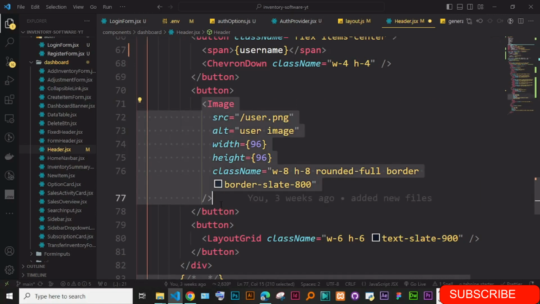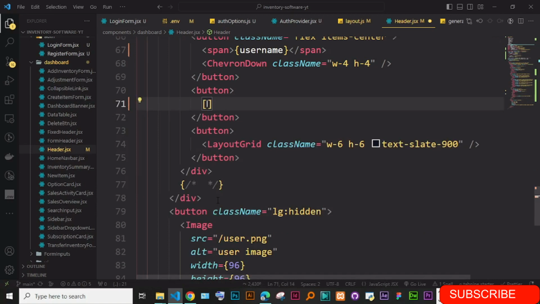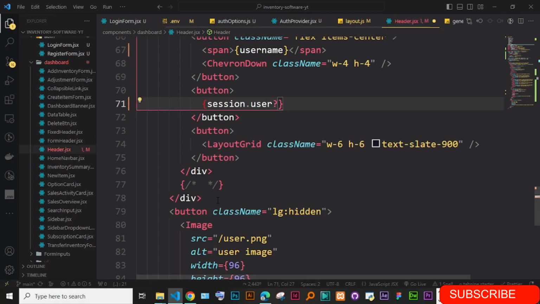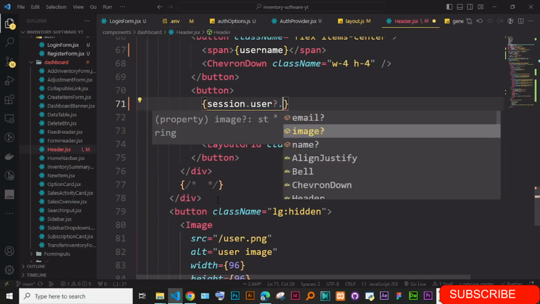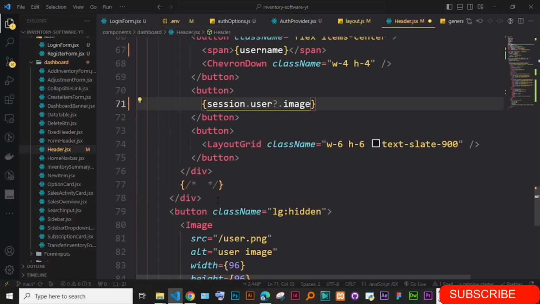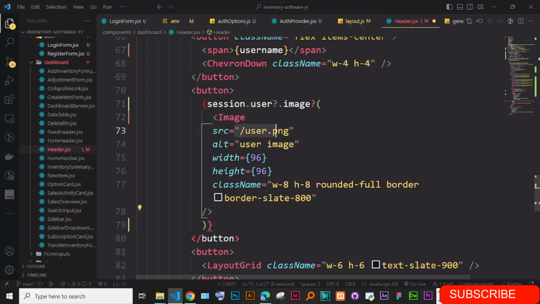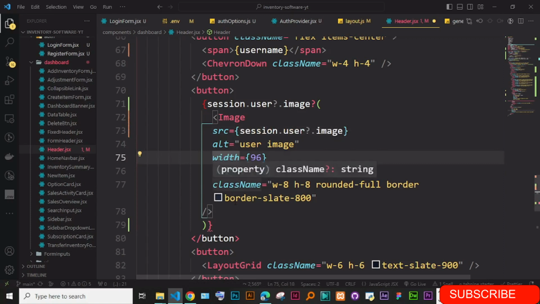We can check on the session dot user, whether the user has an image. If the image is there, if this is true, we can go ahead and show this, and here instead of the source we put in this, and populate the image here. Just like that, user image, everything like that. Else